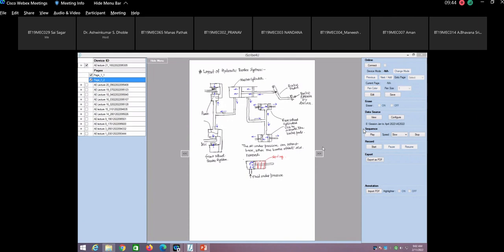So in the last class we were discussing the layout of a hydraulic brake system, where we have seen that you have to have the master cylinder. There was one question which was asked to me: sir, are there different kinds of fluid which we have to use? So I just wanted to share with you that